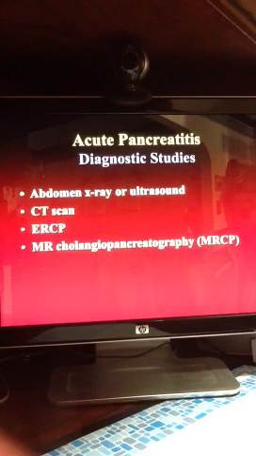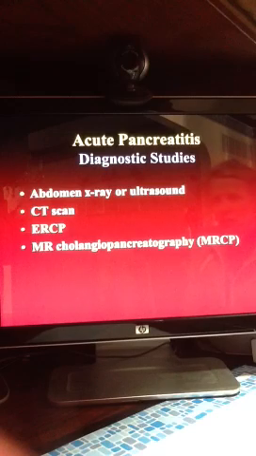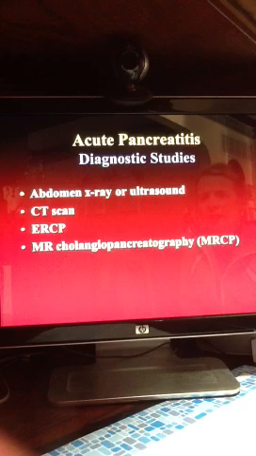On abdominal x-rays or ultrasound, you'll see isolated dilation of a part of the intestine because of an ileus. Patients who have pancreatitis, especially severe, will generally have an ileus. You might see gallstones if that's the reason why this patient's got a pancreatitis. A CAT scan, there you will see changes that are going to parallel the degree of inflammation. It's best to do a CAT scan of the abdomen with both oral and IV contrast to better delineate